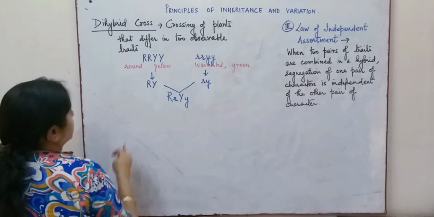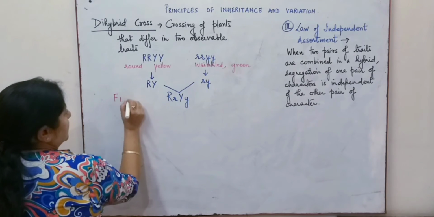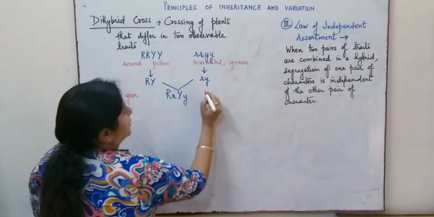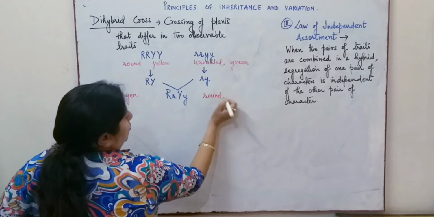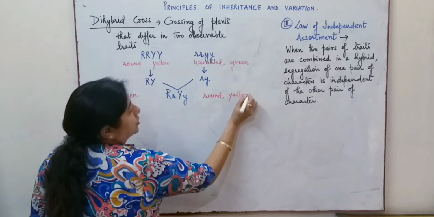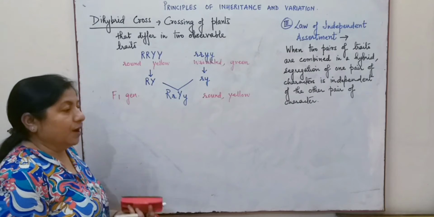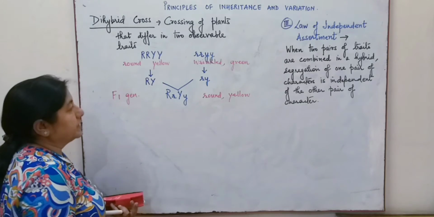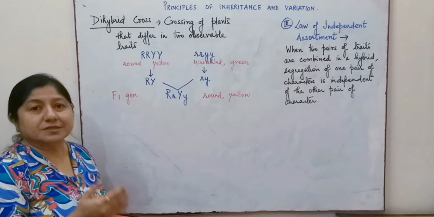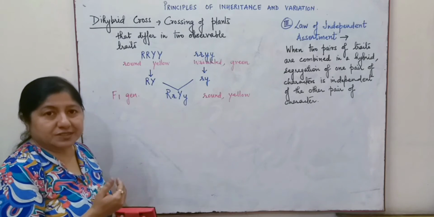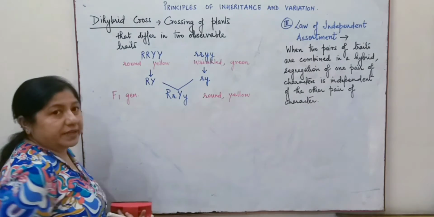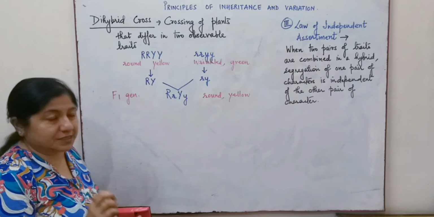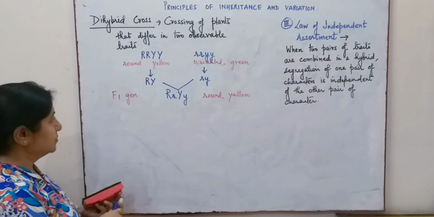in the F1 generation, the first filial generation, which were observed were round and yellow. That showed the dominant nature. Now, this was obtained by cross-pollination. When the F1 generation was selfed, this combination resulted in the formation of different types of gametes. So here the gametes produced will be